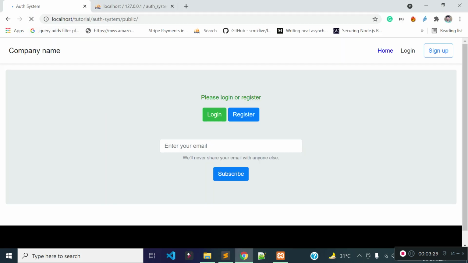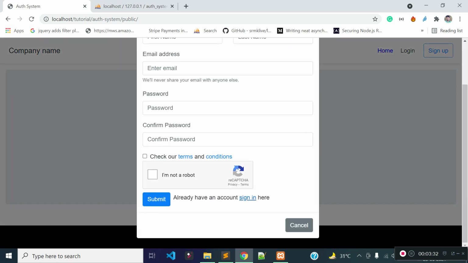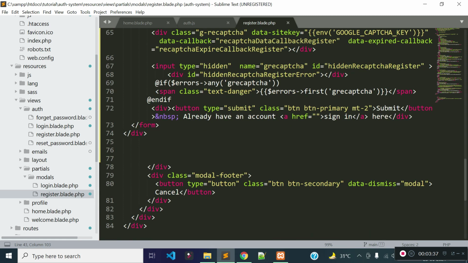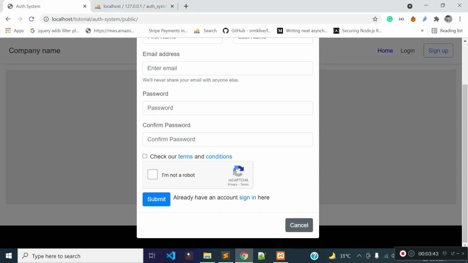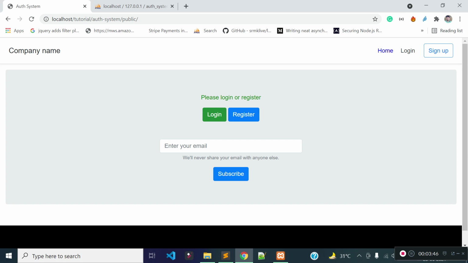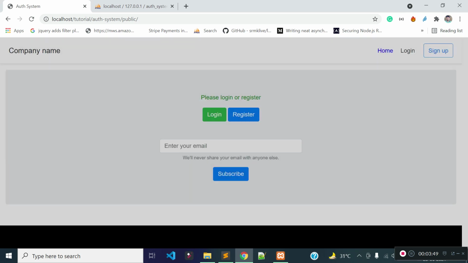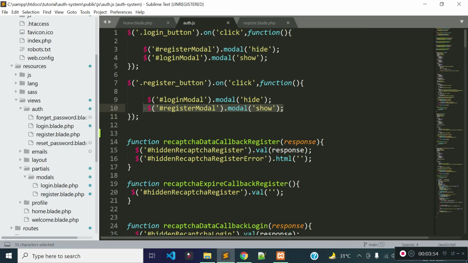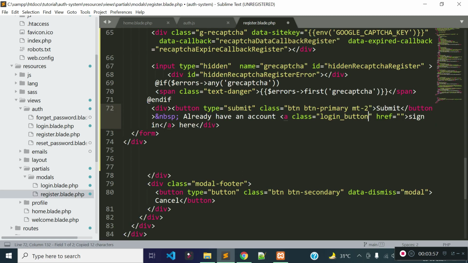now it's okay. So another thing is that we have this sign in button here, right? So what I will do, I will add a class to this sign in button. Okay, because we have login button also here, right? Whenever we are clicking on this login button, we are displaying our login form, right? Login model form, right? So what we can do, we can simply add a class here, login_button, so that it will work exactly like our login button. Okay, and I will also provide the JavaScript void here for null functionality in the href.